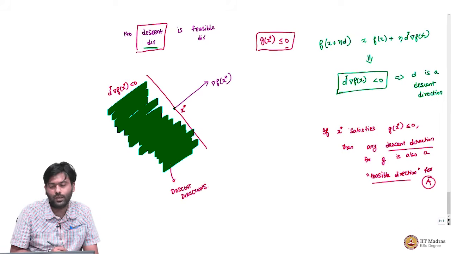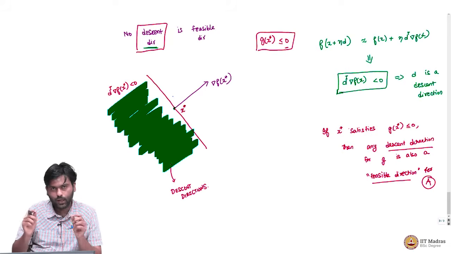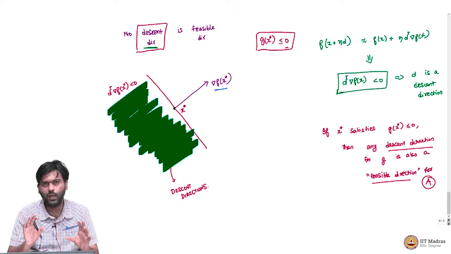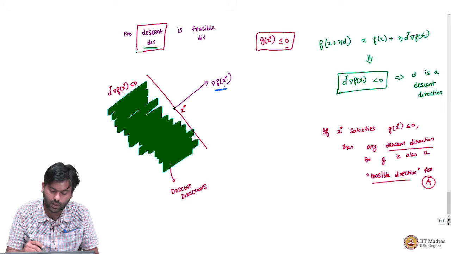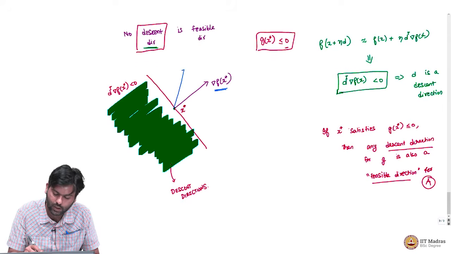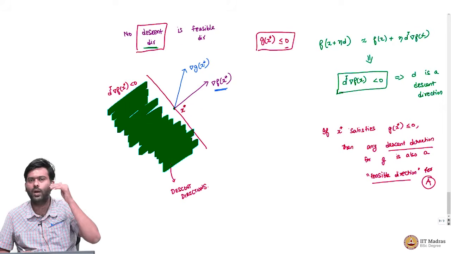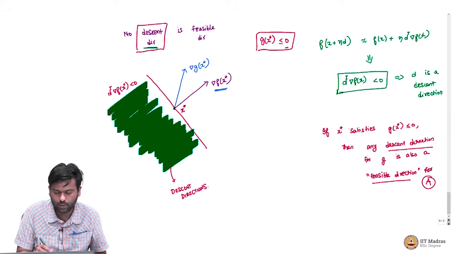So, let us look at that, for the point x star. Remember, at the same point x star, you can take the derivative with respect to f or g. We saw it with respect to f. When I say derivative, I mean the gradient here, right. So, the gradient with respect to f was in some direction. Let us say the gradient with respect to g was pointing in some other direction, right. So, let us say this is del g of x star. Now, the question is where are the directions in which you can move and reduce g further? Well, of course, we know where they are. They are going to be somewhere here,